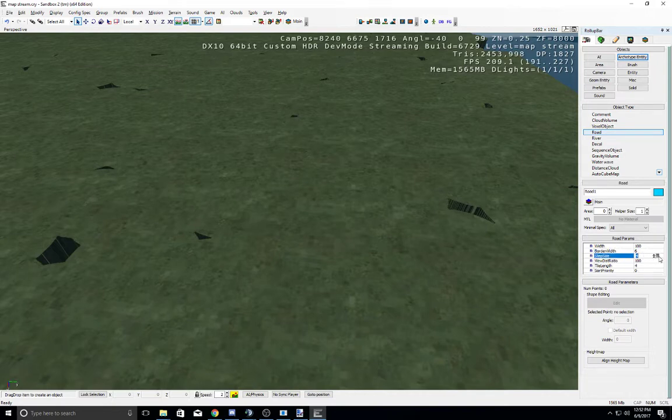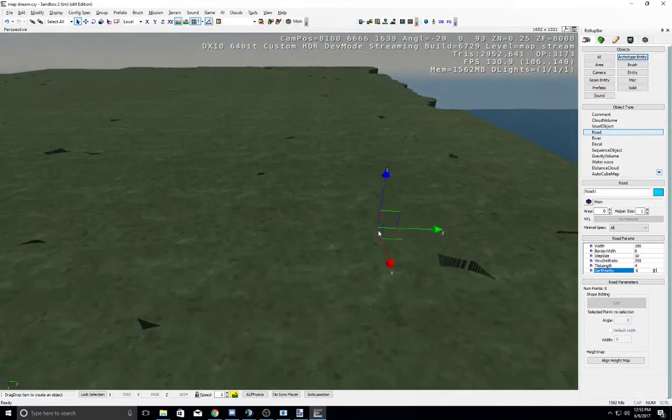Step size, it's going to be as big as possible. It may take a little bit to render because of the distances we're going to do. View distance, view forever. Tile length doesn't matter now. And sort priorities, if you have multiple roads, you can overlap them. You're able to modify every point that you click. So if you watch here,